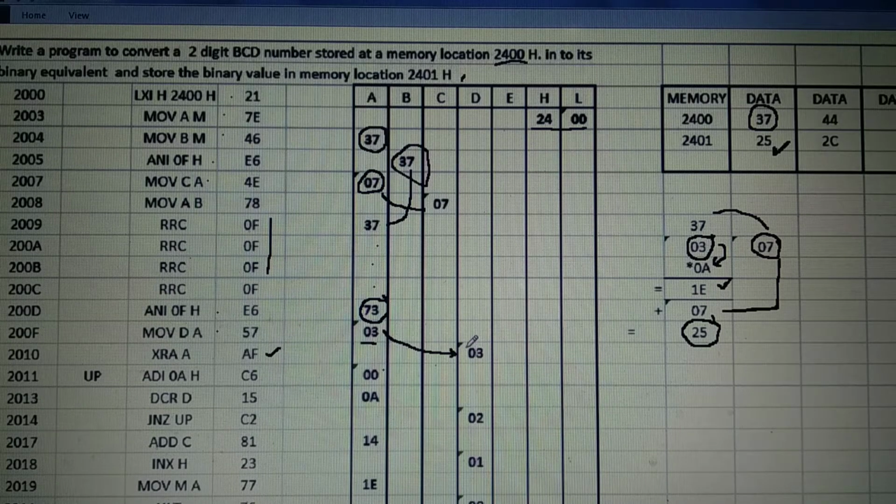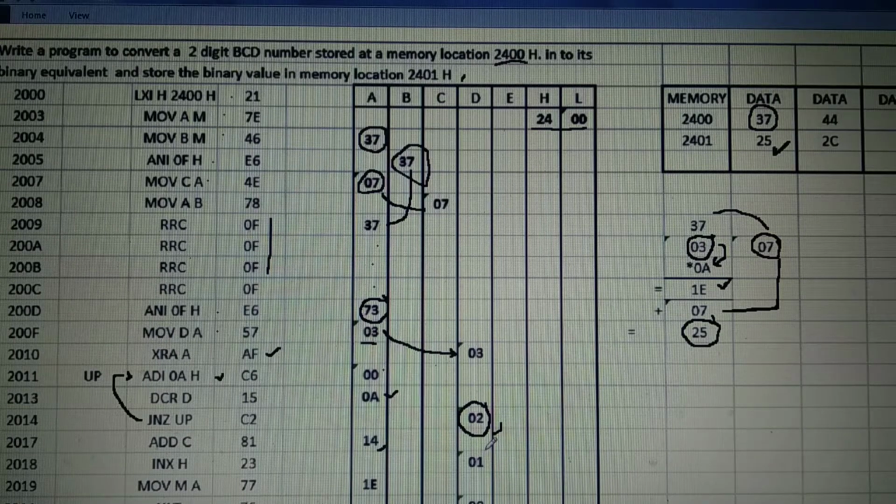This 3 is multiplied by 10, that means A. Therefore ADI 0A. You will get the answer 0A. Decrement D, 2 is remaining, that means still you have to add 10 two times. This is not 0, so go to the instruction labeled UP. 0A plus 0A, you get 14.